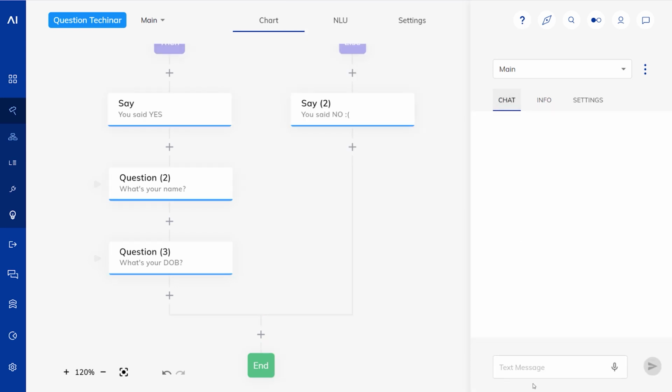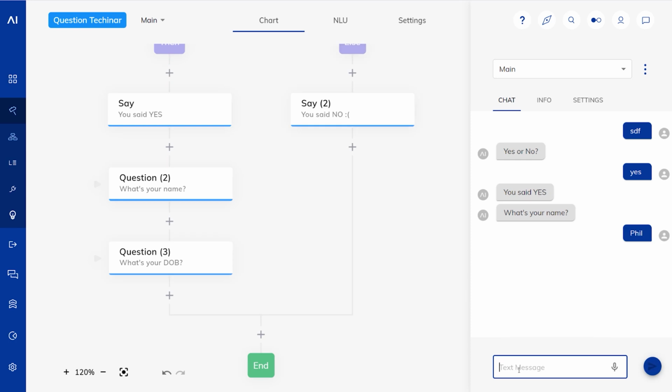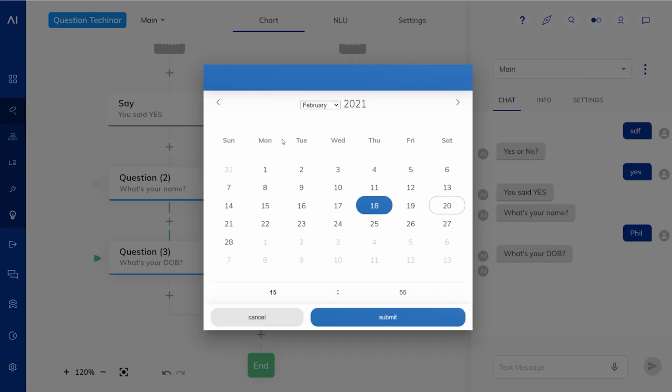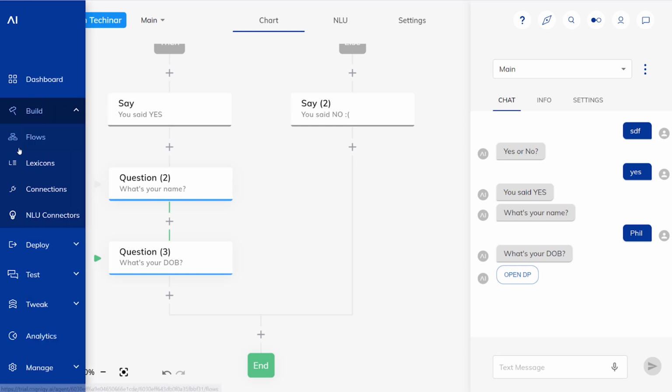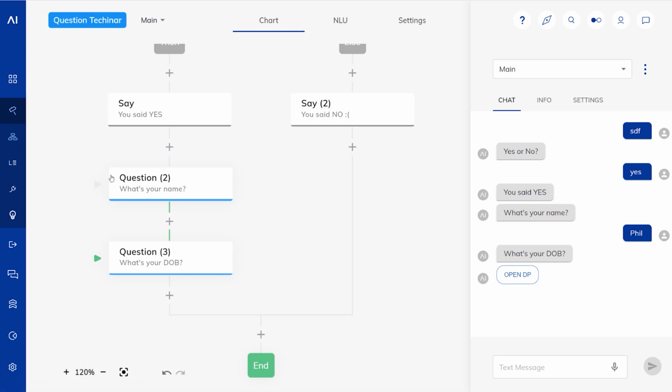Now, if we do that, we'll see the date picker both in the interaction panel and the web chat will have changed. Now this says OpenDP, and when I open it, you can see the date here was set, and I also have a time picker now. So that's what we can do with those date picker options. They only really impact the interaction panel and the web chat. If you're using another channel, then the date picker obviously won't work on that because it's a specific plugin.